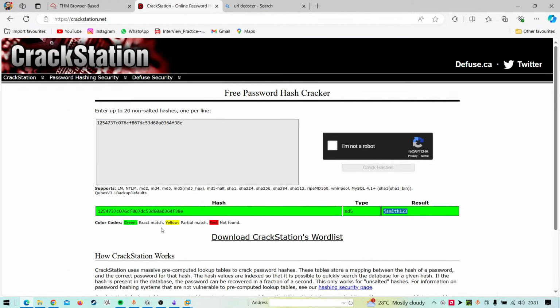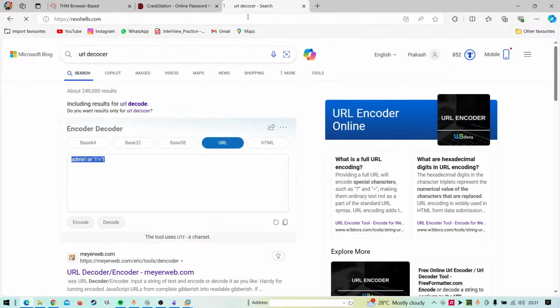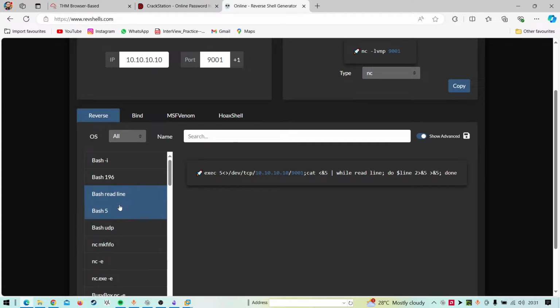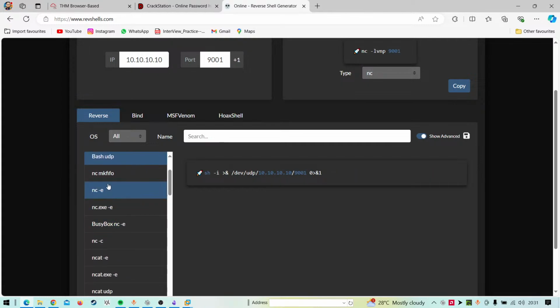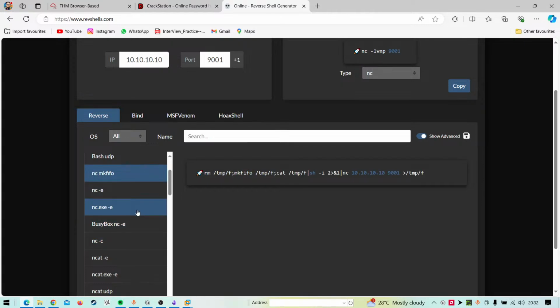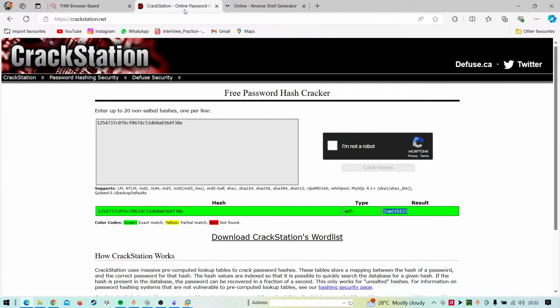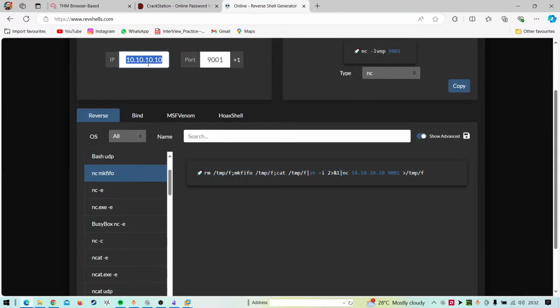So if I just go over to revshells.com and bash, use this one, and if I just use the IP that's there, that is 10.10.78.14, and change the port to 9998. Let's go for this,